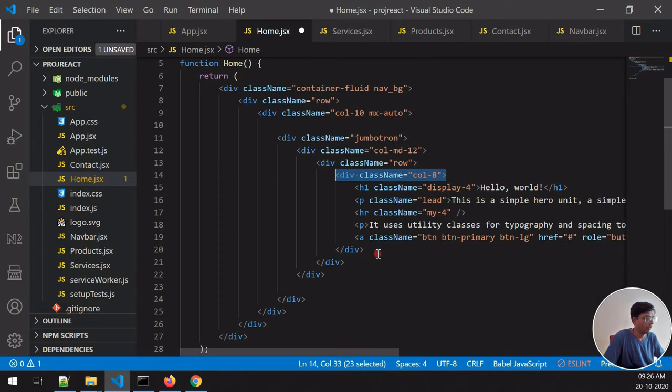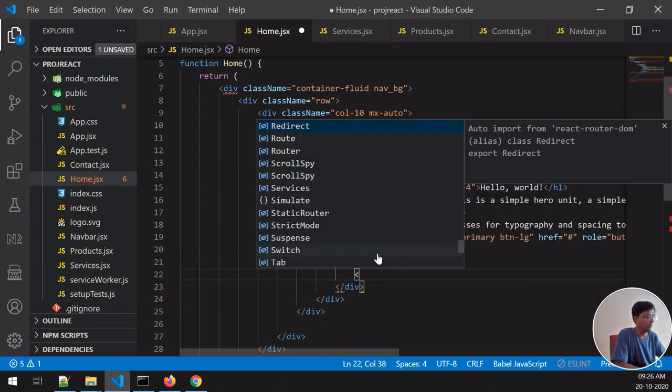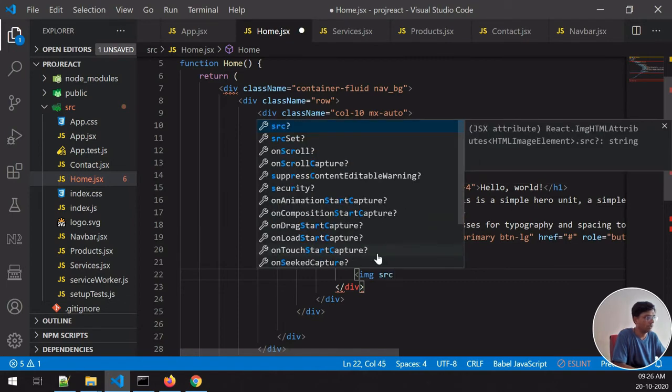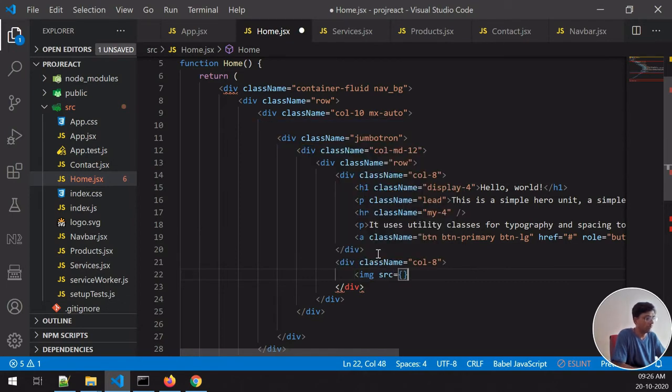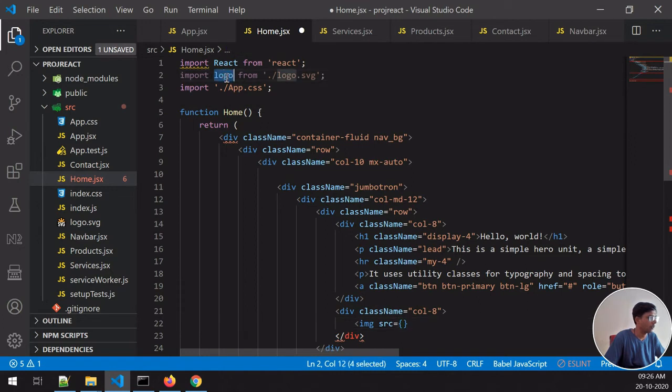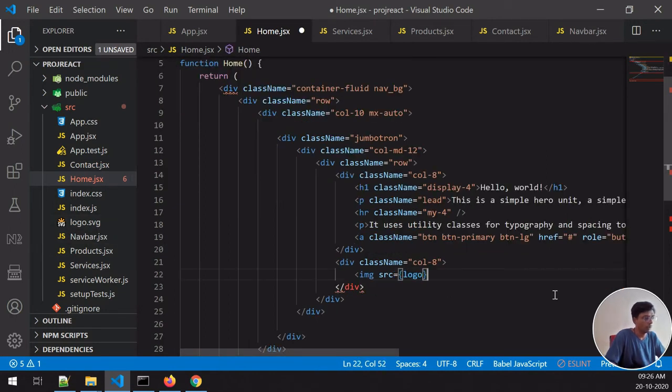After that I am putting the image over here. So I'm writing img, then src. Inside the src I am putting the component that I have, a logo, right? If you don't have this line, then you can write it over here, because the logo is there, right? Logo.svg file. So logo, and after that I add className is equal to f-logo, and I have to put